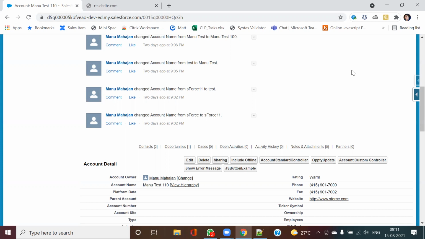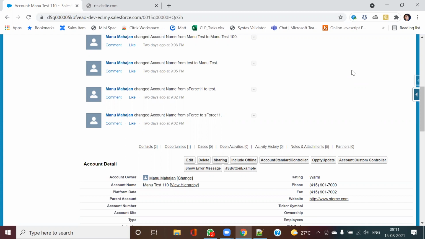There also your custom controller will come. And your custom controller will run in system mode. System mode means security will not be enforced. So your standard controller runs in user mode, where security is enforced, and the custom controller runs where security is not enforced, meaning it will run without security. Sharing rules are not enforced. That is what I mean to say.